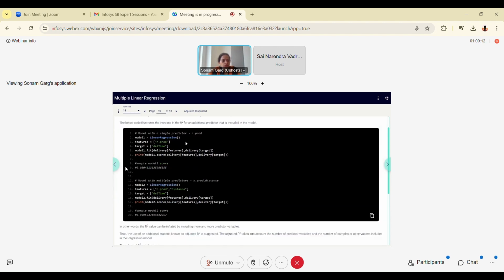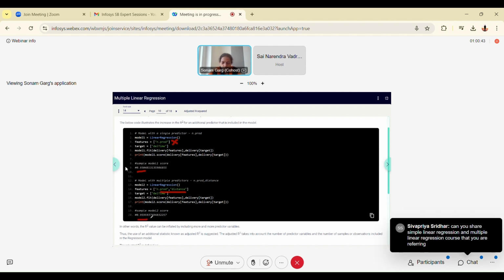Now we are creating one model, model 1, where our X is only nprod, and Y is the same delivery time. Create this model. The score is coming 0.93. Next, for the second model, we have taken both X1 and X2. Y is the same. Create model 2 and find the score, that is, the coefficient of determination.